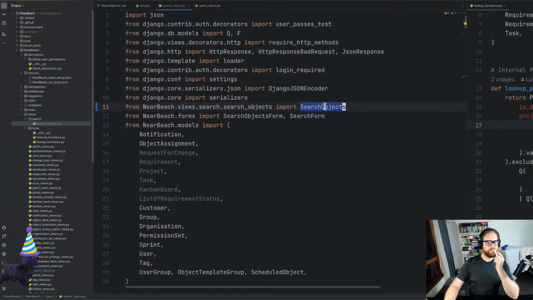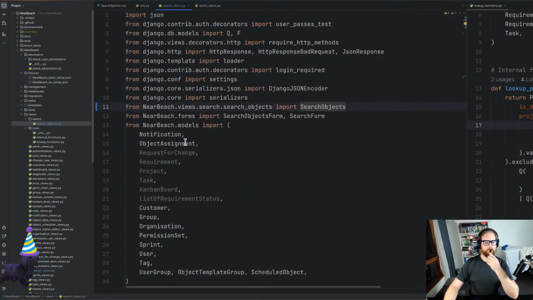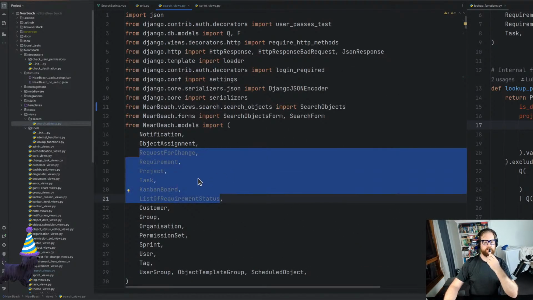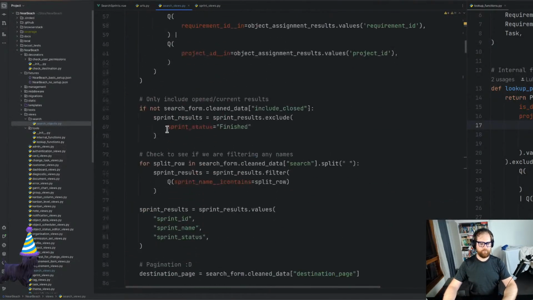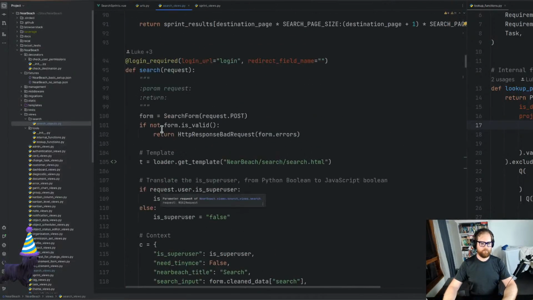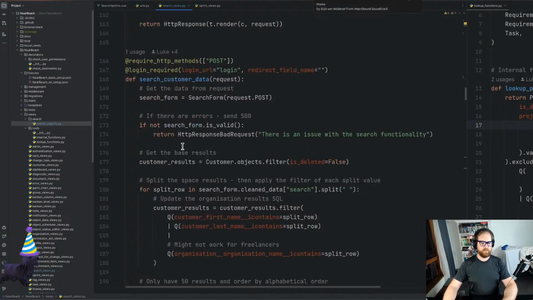A lot of these models aren't being used in here anymore, but that's fine. Now, what I want to do is search